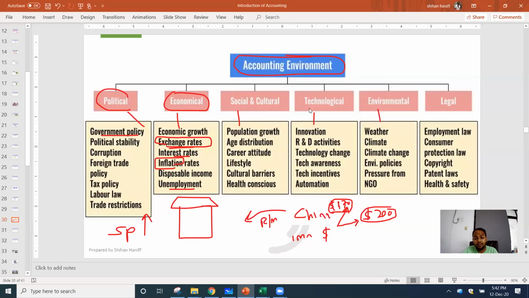And another important environmental factor is technological: the improvement, technological innovation, new innovations in the world, research and development activities. Because of this, the entire world is changing, right? It's not like earlier. Now everything has come to the mobile phone, right? A lot of people are using mobile applications to do many things. So the innovation has changed the culture, the way of thinking, the standard of living, completely changed from the